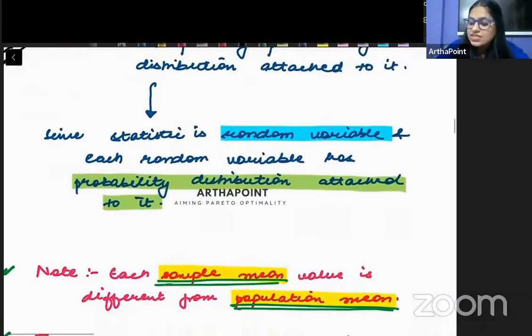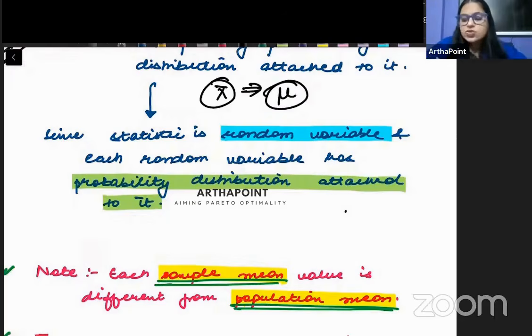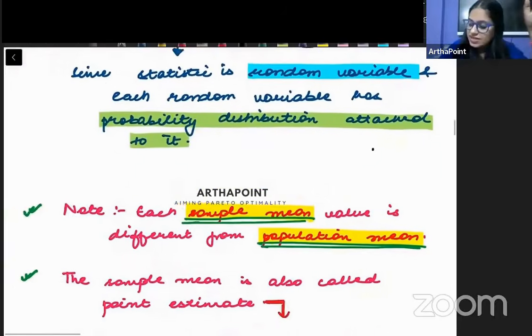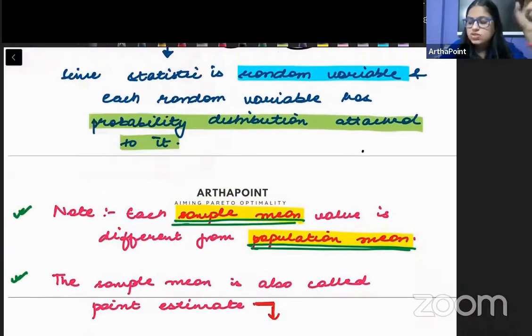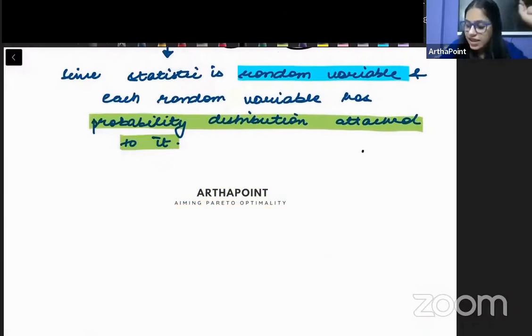Now, क्योंकि sample mean is going to give us some information about the population mean. It is going to help us understand more about the population mean. So we can go ahead and say that it is called a statistic. तो एक statistic क्या है बच्चे? What is a statistic? ध्यान से समझने की कोशिश करो statistic को. A statistic is anything which is a random variable.